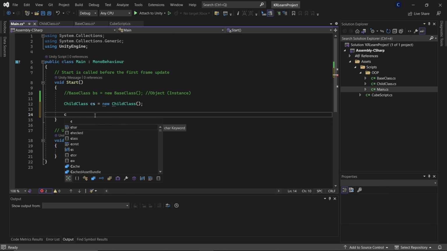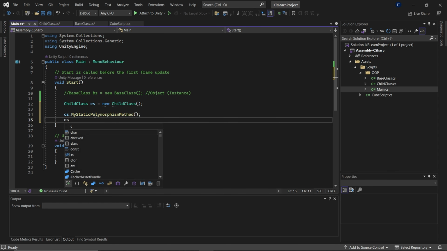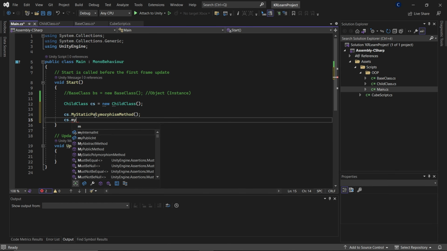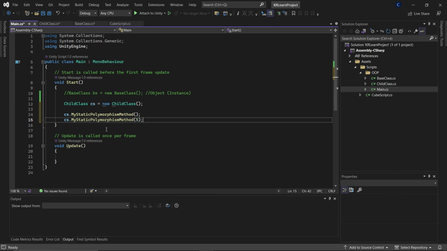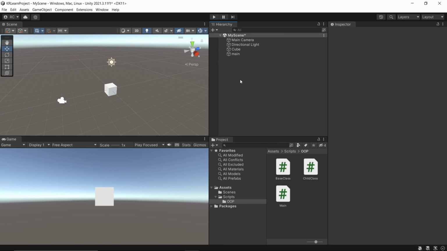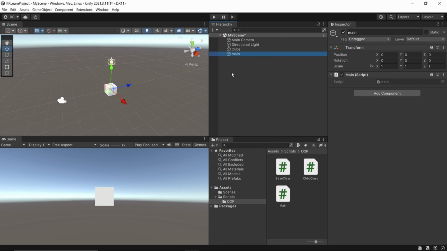So here I can do cs.my static polymorphism method, and I can do the same. So cs.my static polymorphism method with an integer a, for example, let's say 5, and these two functions will work because I can call them. So let's save this code. Let me go back to the editor. Here we go. So I'm ready to run it because I already placed the main script onto the main object,